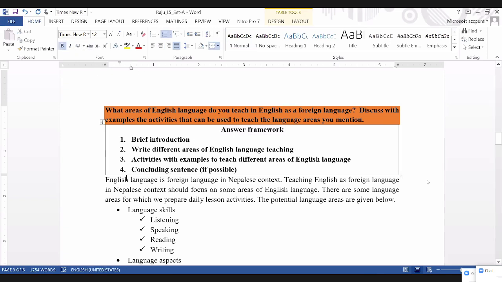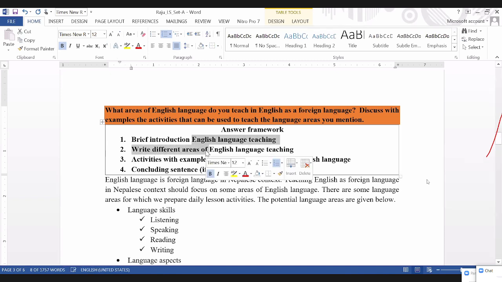Like, a brief introduction about areas of English language teaching we do. Then what different areas of English language teaching are, activities with examples to teach different areas of English language, and